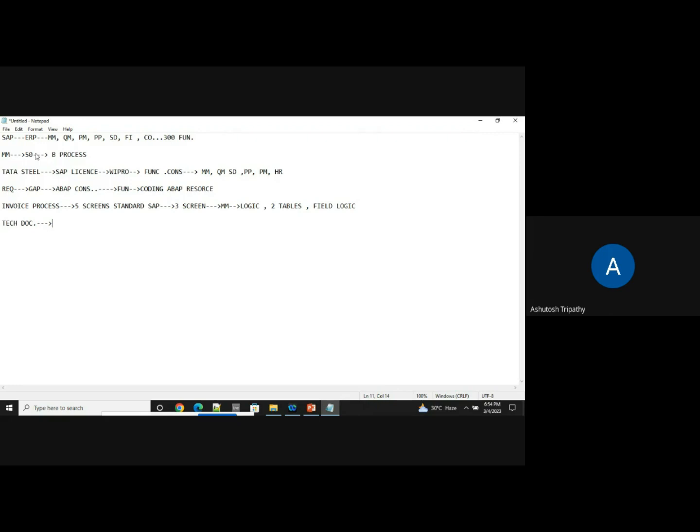process. Let's say in a standard screen also there might be some dump or some error coming. So the ABAPer will come then to analyze this error, or if there is any gap, then only the ABAPer comes into the picture. Or let's say if there is batch data that you are sending from an older legacy system, we are migrating to SAP. So you have to prepare a large set of data, prepare programs, and then send it. So that's where your ABAPer comes into the picture. So this is the difference between a functional consultant and a technical SAP ABAP consultant.